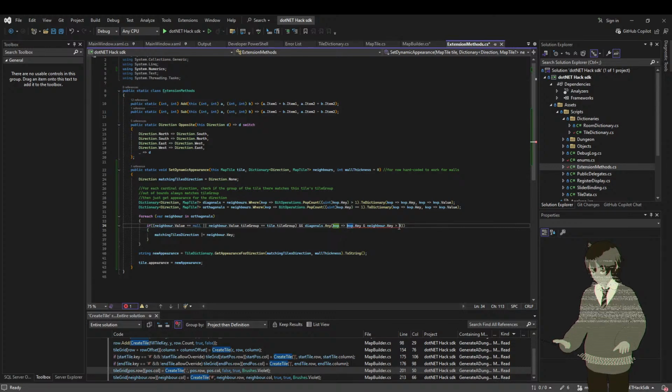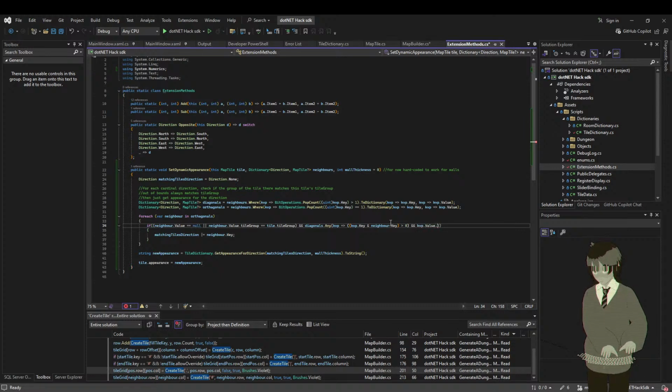What's your problem now? Oh. It also needs to be closed like this and closed like that, because we also need the second condition. So and